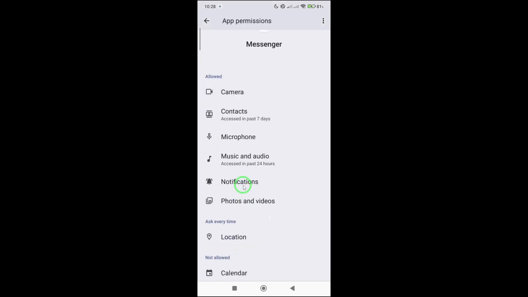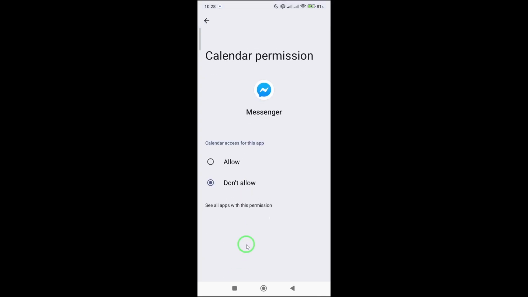Inside the permission section, look for calendar. If it currently says denied or not allowed, that means the app can't access your schedule yet. Tap calendar, then select allow. This change grants Messenger permission to read and update your calendar when needed, giving you a more connected experience across